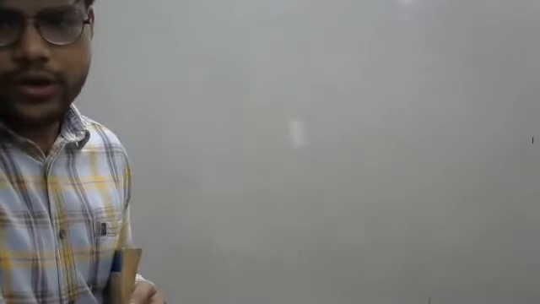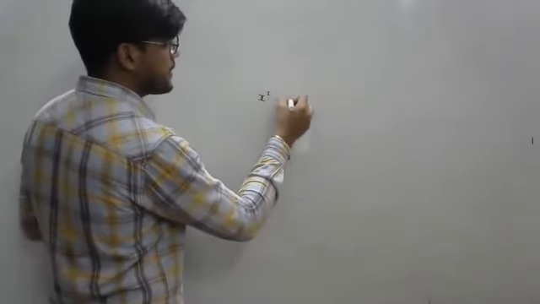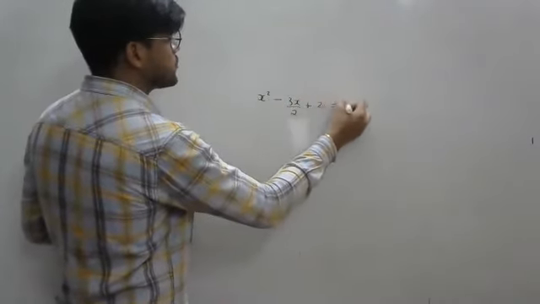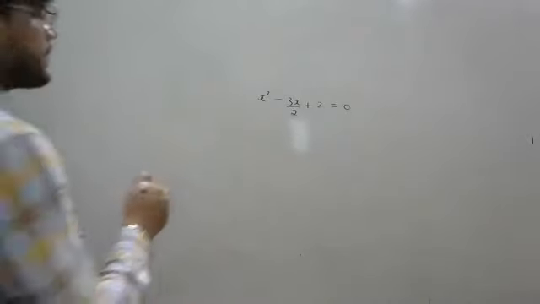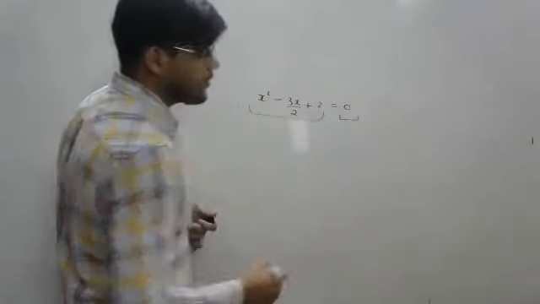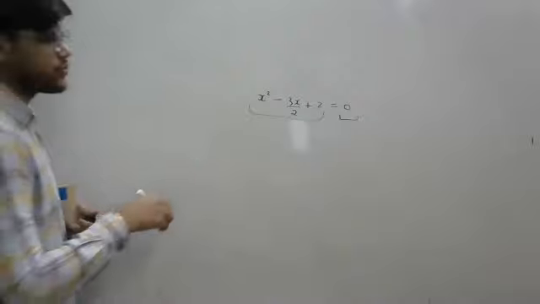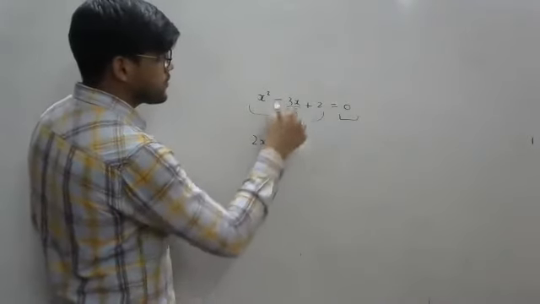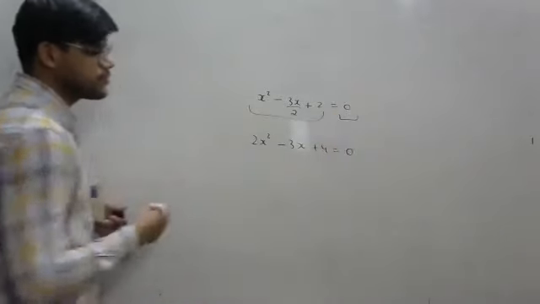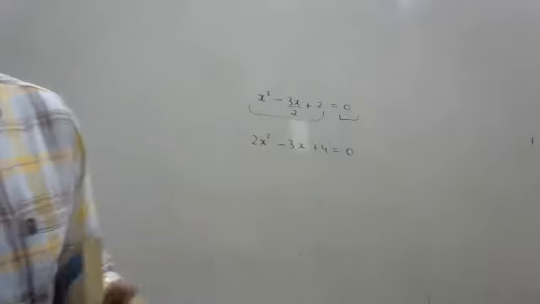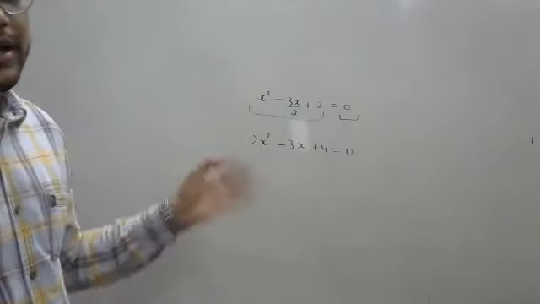Now example 5, someone asks why you did not write 2 in the denominator. Because the equation was x square minus 3x by 2 plus 2 equals to 0. Now I am multiplying the entire equation by 2. So this was 2 into x square, 3x, because the 2 will cancel out, and 2 2s are 4, and 0 into 2 is again 0. I am just multiplying every term, therefore no need to write 2 in the denominator.